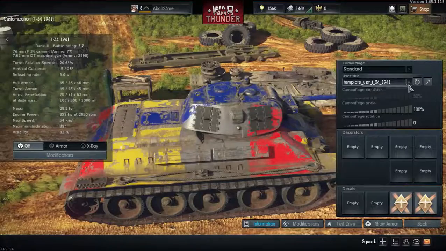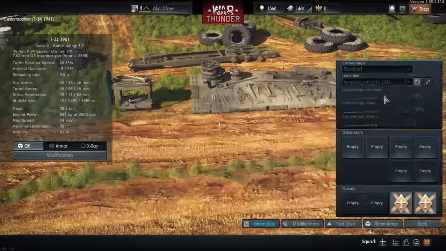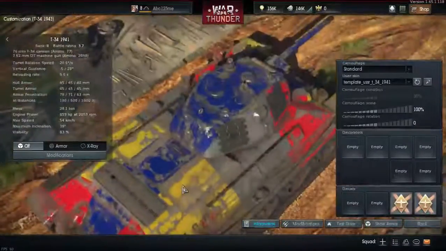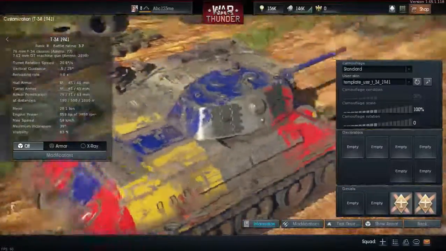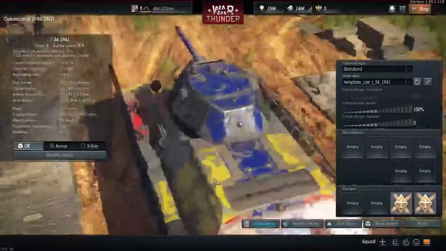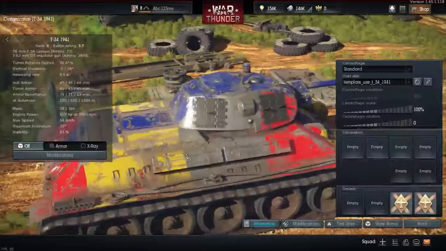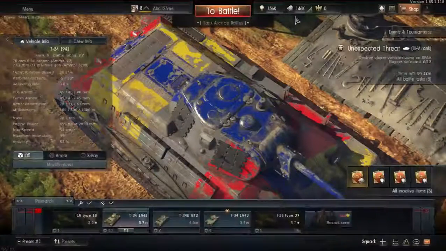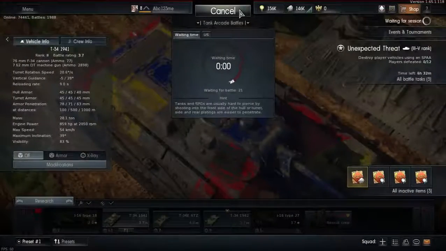So yeah, because if you didn't notice, it was multiple layers. And now we have a little fractal on the side of our tracks. Looks strange, right? But I guess if you like fractals, yeah. So if we go into a battle here,